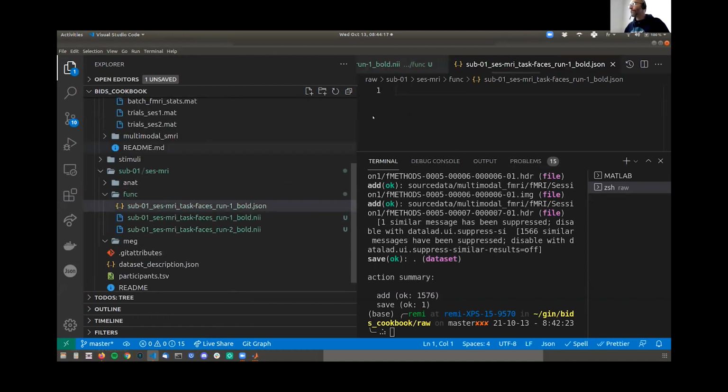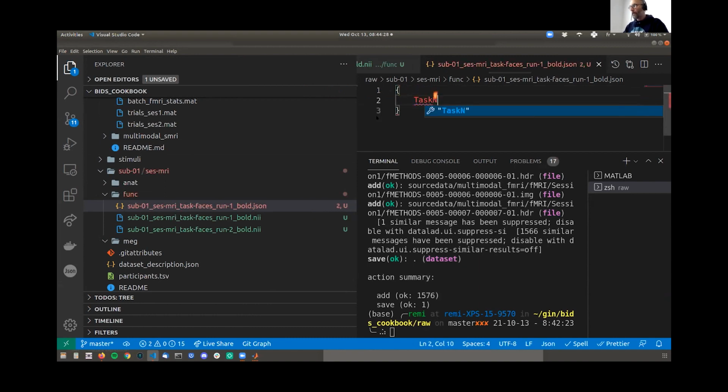You put .json, and in here you need to have the task name. I remember those because I've had to type them many times, but you would have to look up what the actual metadata fields are for these things.